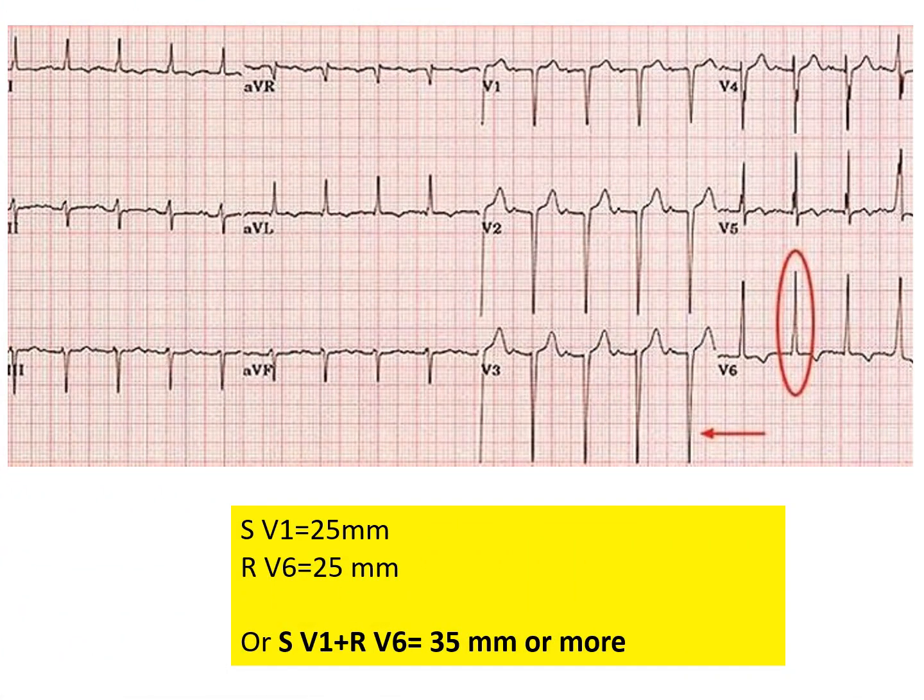Here is another sample ECG. You consider SV1 and RV6. That means the S wave in V1 and the R wave in V6 leads. So here the S wave in V1 plus the R wave in V6 is around 35 millimeter. Earlier we considered that if it is 35 millimeter, you can say that this is a case of left ventricular hypertrophy.